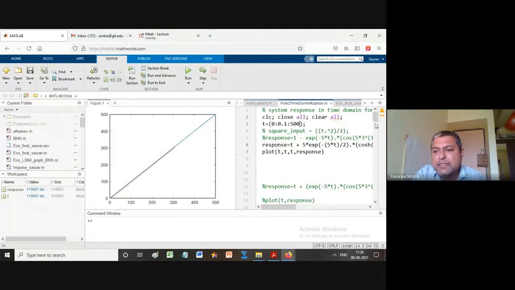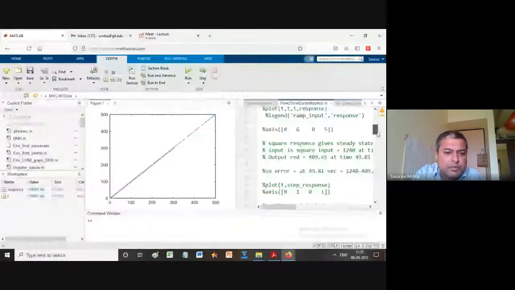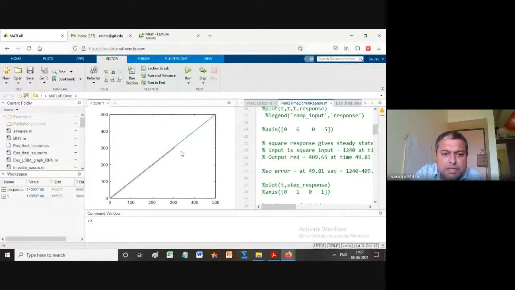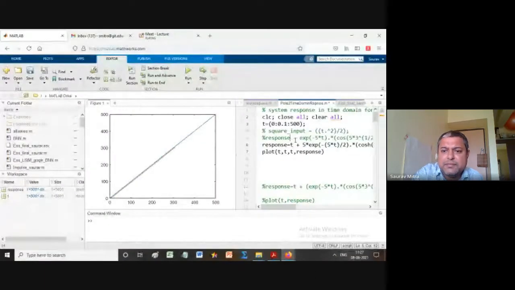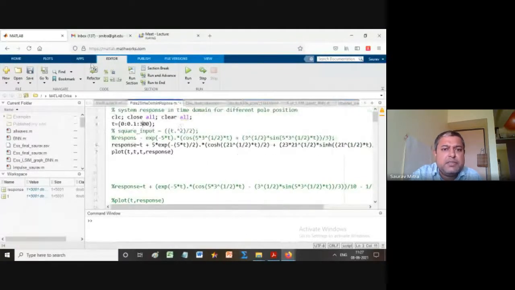So how can we get it? We have to use the axis command. So this is 300, 400. It is not going up to 500, but we could plot it. If you use the axis command, you will find that the output is exactly following the input. All those things can be very easily shown. Okay, let's try it with 300. So let us plot it up to 300. If 500 is not plotting, no problem. At 300, the output will be 295. That I can show you.